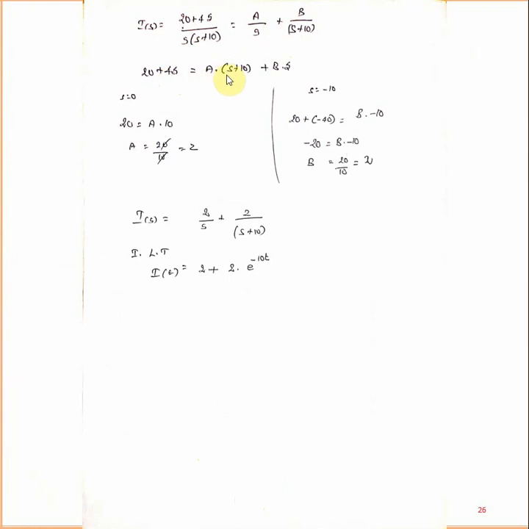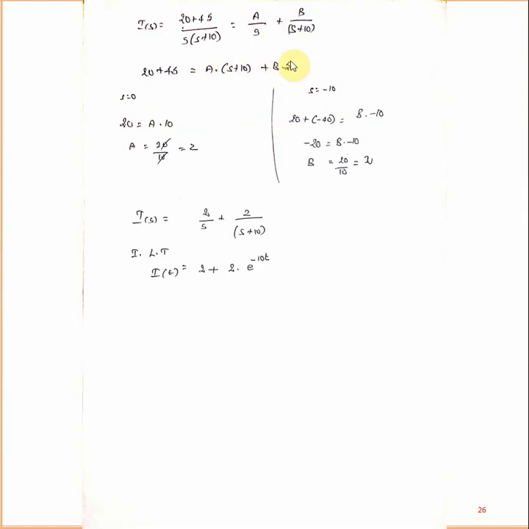So now you have the options to find A and B. Very simple, all of you can keep it in your mind. Partial fractions, if you know them, then only you can solve. So how to solve? Very simple. First, s is equal to 0, one term you can substitute, and you can get either A or B. s is 0, you can substitute. For the second one, plus 10 is there, then what to do? Minus 10. So minus 10 and plus 10 automatically 0. So 0 into anything is 0.